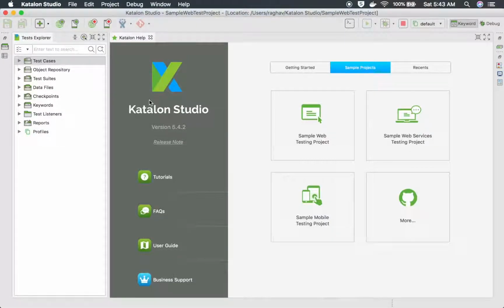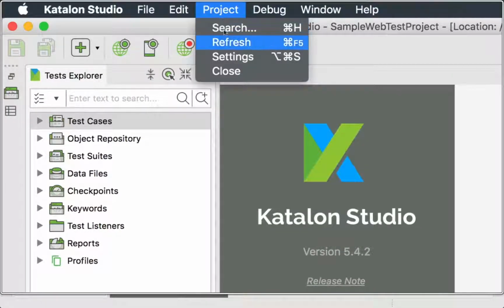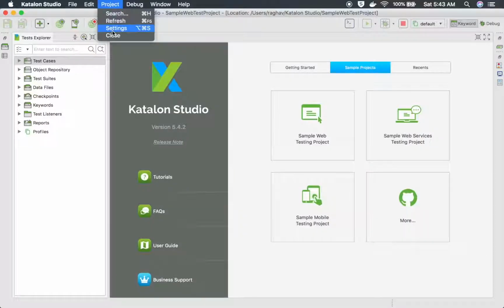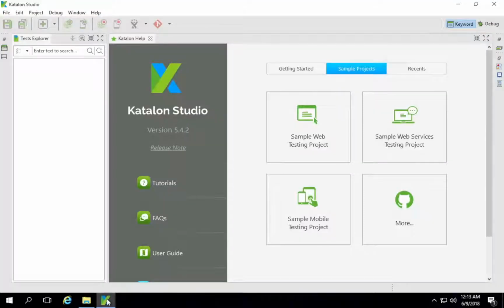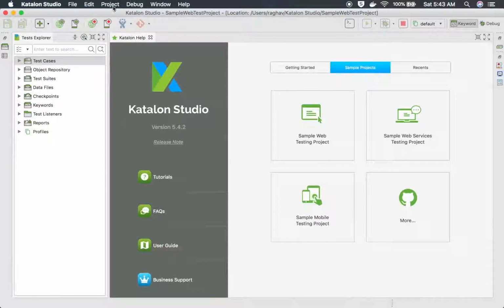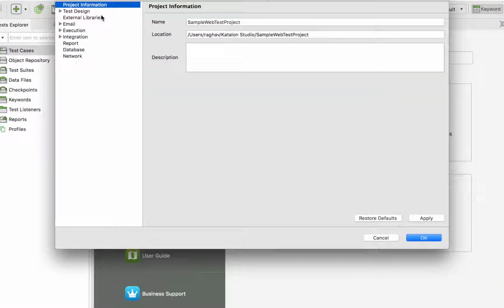Now the very first thing you have to do is go to your project and go to settings. In case you are on Windows, you will do the same thing. Open your Katalon Studio, go to project and go to settings. So I will also go to project and settings here, and here